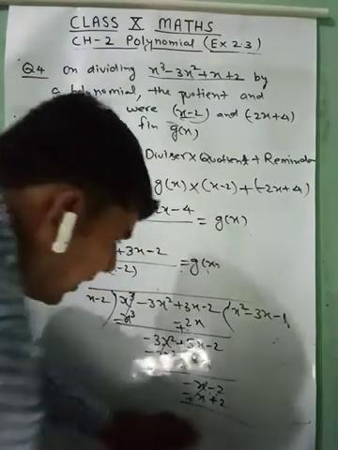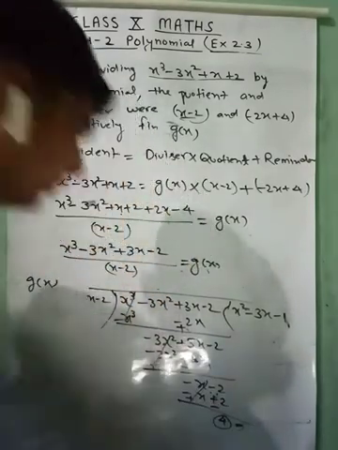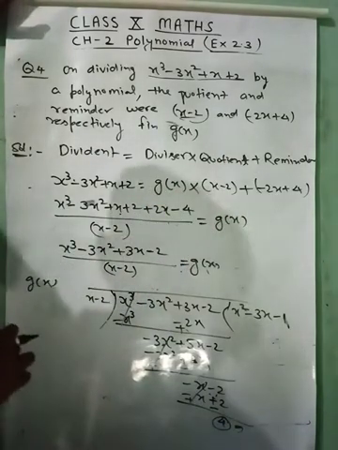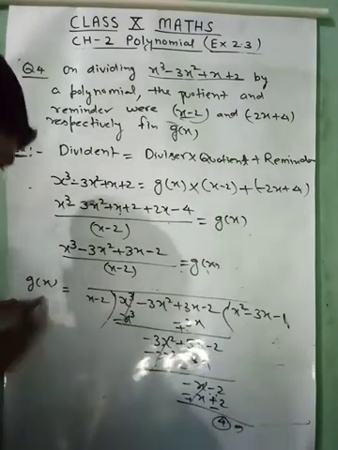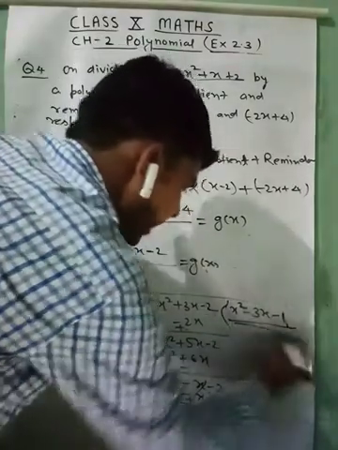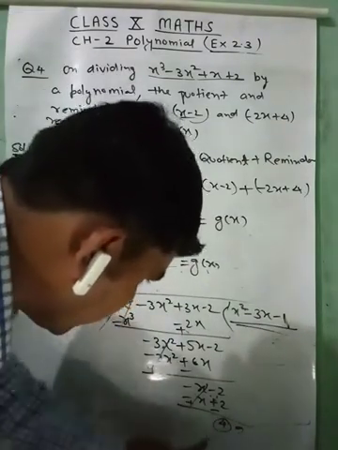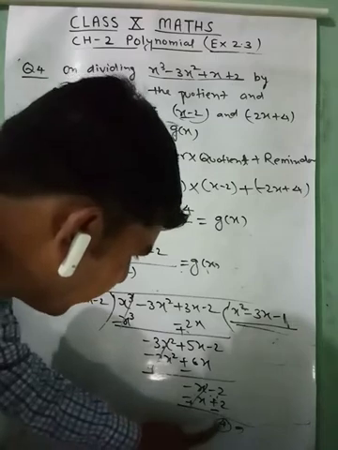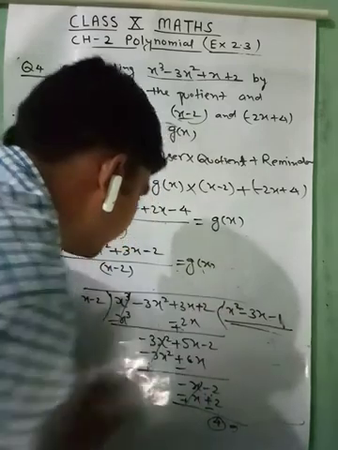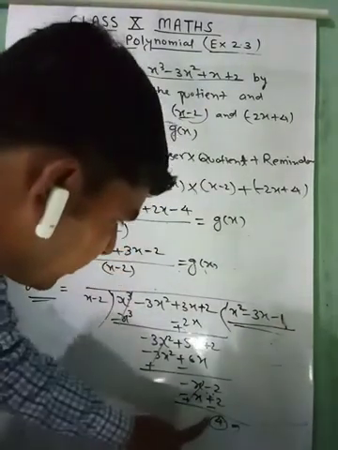This will cancel, and 4 will be left here. In this question there is some mistake in writing the question, and using this you have to find g(x). It means the question is wrong here. It is minus 4, and it should be a positive sign. If it is positive, so